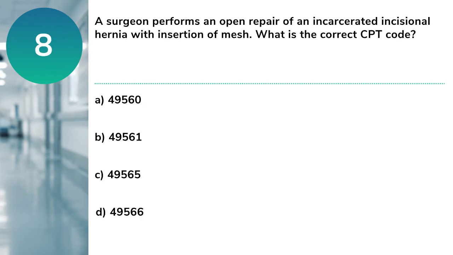Question 8. A surgeon performs an open repair of an incarcerated incisional hernia with insertion of mesh. What is the correct CPT code? A. 49560. B. 49561. C. 49565. D. 49566. Answer: